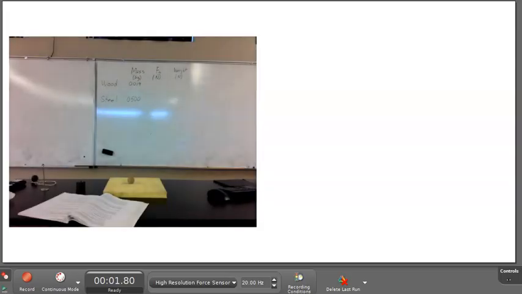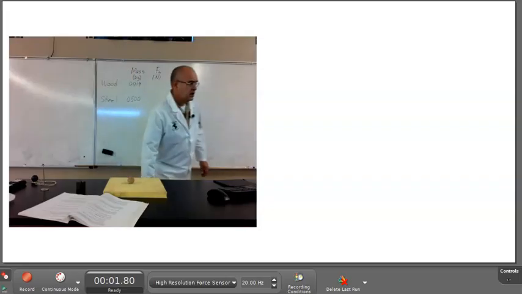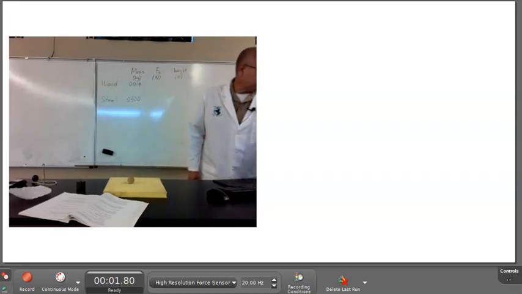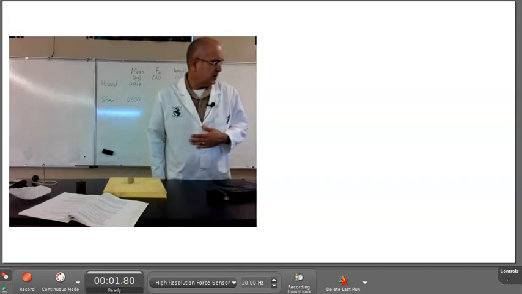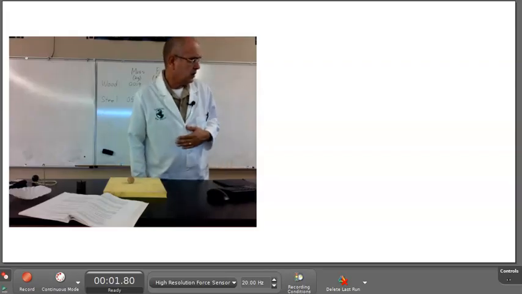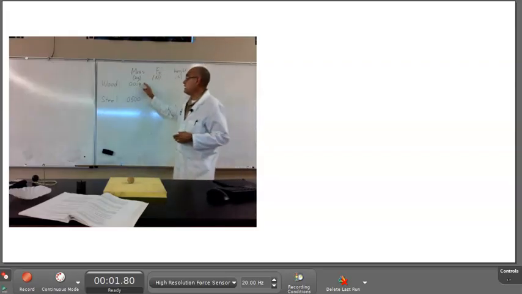Camera should still be able to see. Yep, it's a little better, a little easier to see. There's still some reflection, and the reflection is due to me standing in front of the computer. So what we see here is the mass is